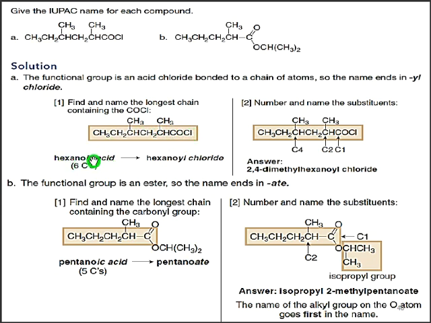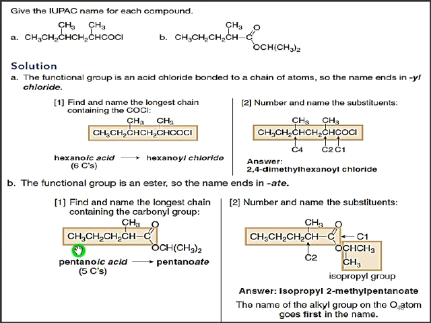Now change the -ic acid to -yl chloride, it will be hexanoyl chloride. Now what we have here as substituents: on carbon number 2, and 3, 4, on the 4 we have dimethyl hexanoyl